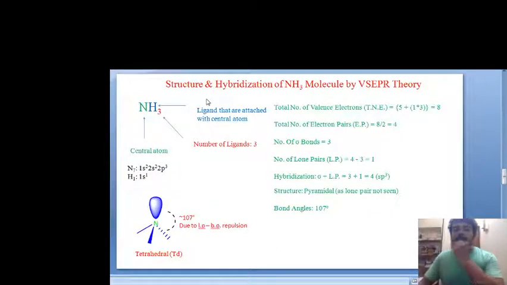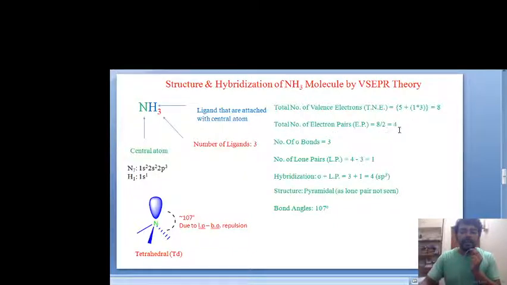And now the structure and hybridization of the ammonia molecule by VSEPR theory. In the ammonia molecule, the central atom is nitrogen, and it has 5 electrons in the outermost shell. Hydrogen has valency 1, so for the 3 hydrogens the total contribution is 3. So 5 comes from the nitrogen and another 3 comes from the hydrogen. The total number of valence electrons counted is equal to 8, and the total number of electron pairs is 8